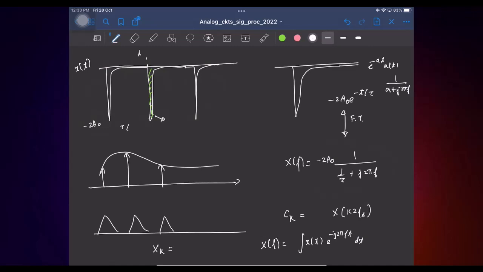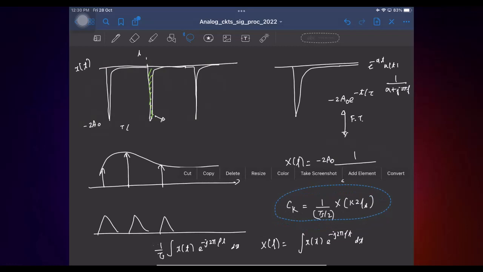Let's say you have some signal, you want to find the Fourier series coefficient. What is the expression? 1 by Ts summation x of t e to the power of minus j 2 pi some f times t. So you can see that there is one scaling factor missing, so you will have to add the scaling here. Is that okay? That's all. Just intuitively you can say it, and of course once you have it,